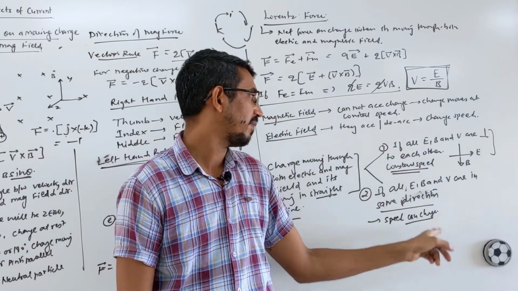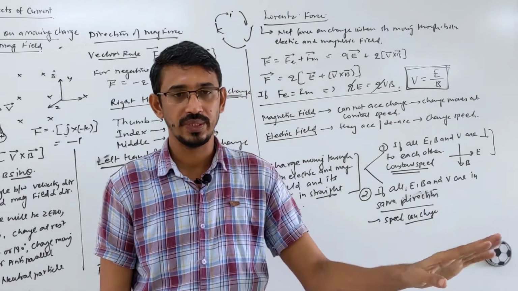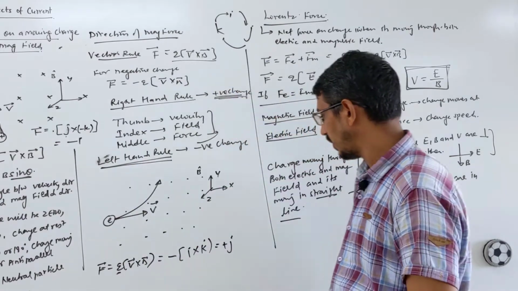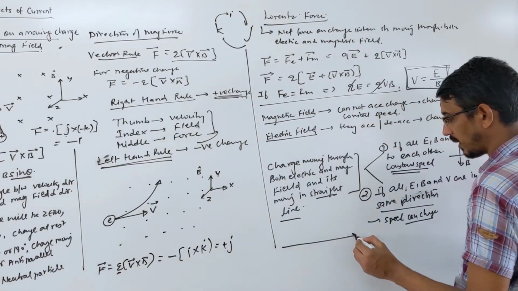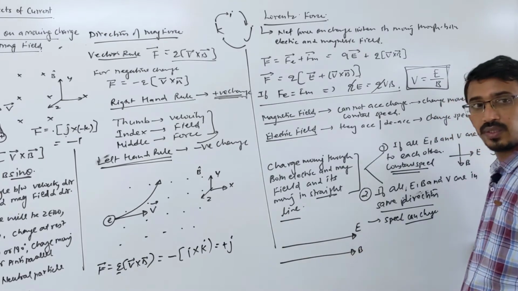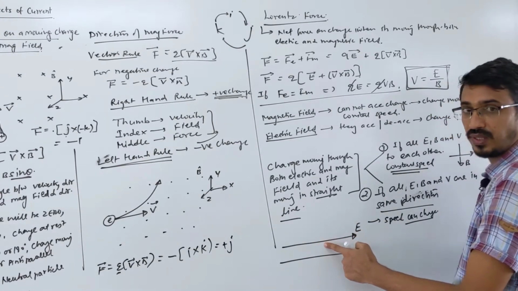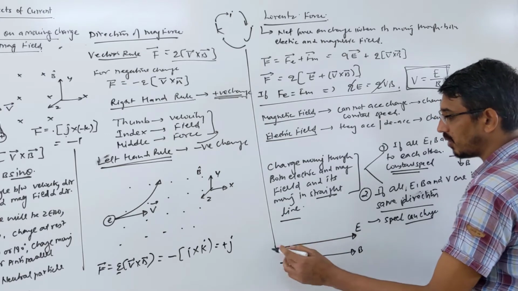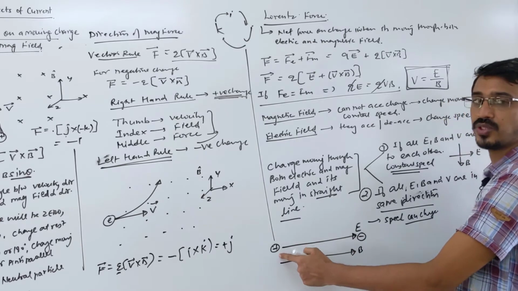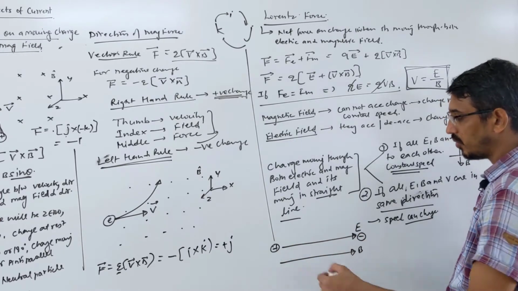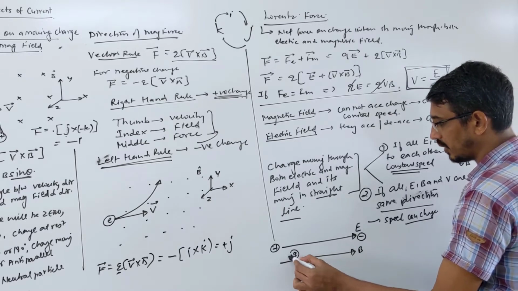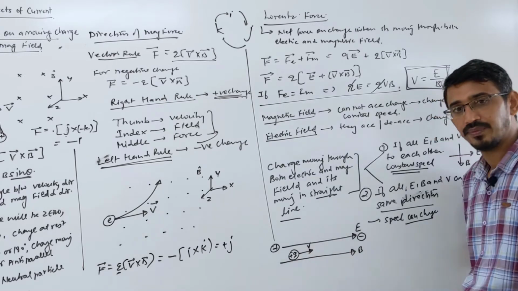Electric field, magnetic field and velocity are parallel to each other, okay? Then also it moves in a straight line, but in this case speed can change. How can it change? Look here. Suppose this is the direction of the electric field, and the magnetic field also. Now listen. Suppose this is the direction of the electric field, then there should be some positive charge here, and some negative charge here. Electric field starts from positive and goes to negative, right? Now you fire some charge plus q in this direction with velocity v, correct?